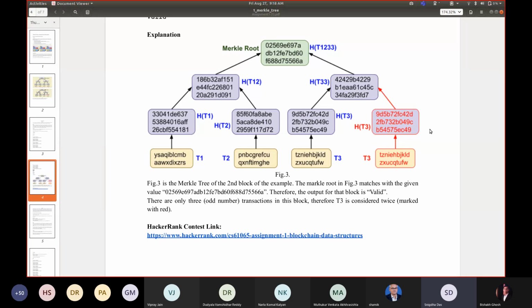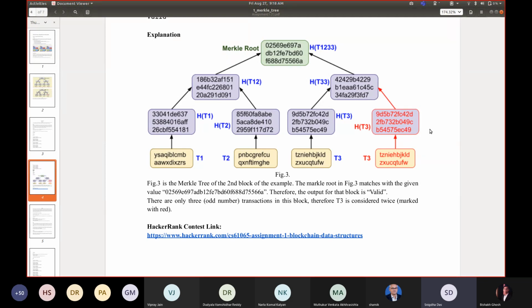Finally we combine hash t1-2 and hash t3-3 to make the complete Merkle root, and it matches the given value, so it's a valid one.